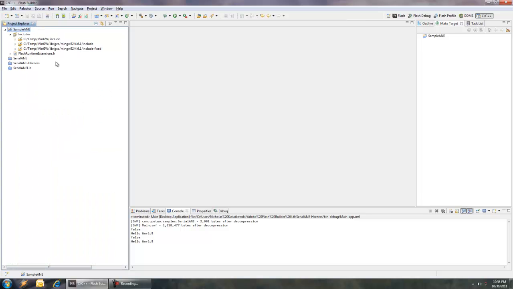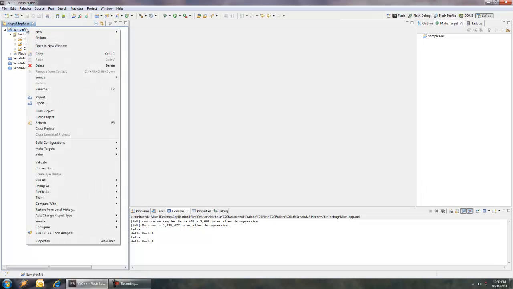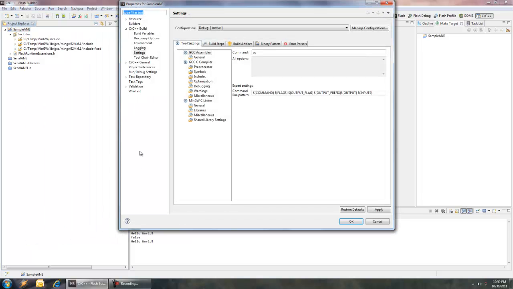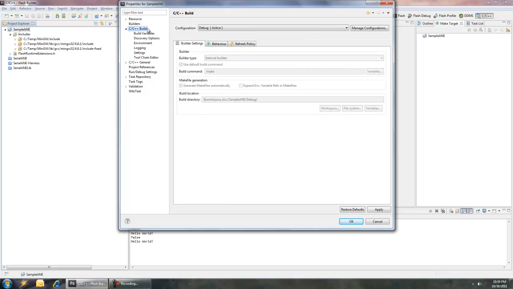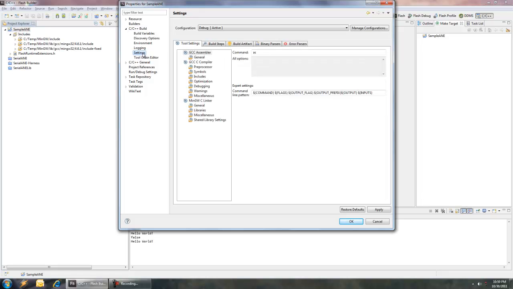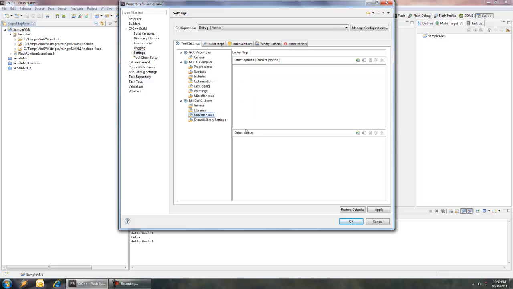The next thing we need to do is include the static library into the DLL. We do this by right-clicking on our project. We go to Properties, and then here we want to find the C++ build environments. So we go to C++ Build, and we go to Settings, and then under our linker, we want to go into Miscellaneous, and under Other Objects, we need to find the actual object file we need to link into